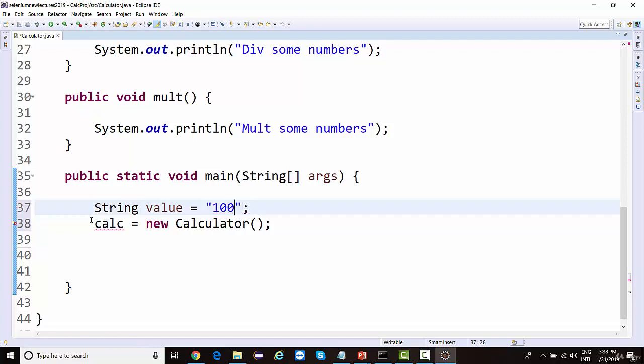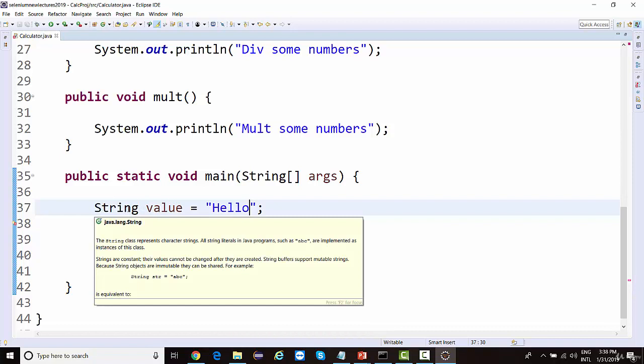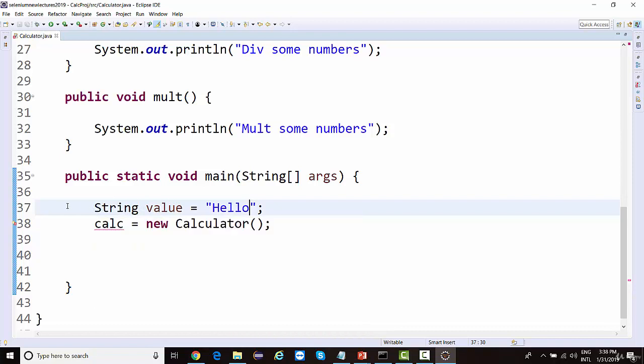If there is a value called hello, can I store this value inside integer? It will not work, right? I cannot store it inside boolean. I cannot store it inside float, right? It means whatever the value is, the data type should be according to that. If a value is numeric, it should be int. If the value is in double quotes, it should be string.